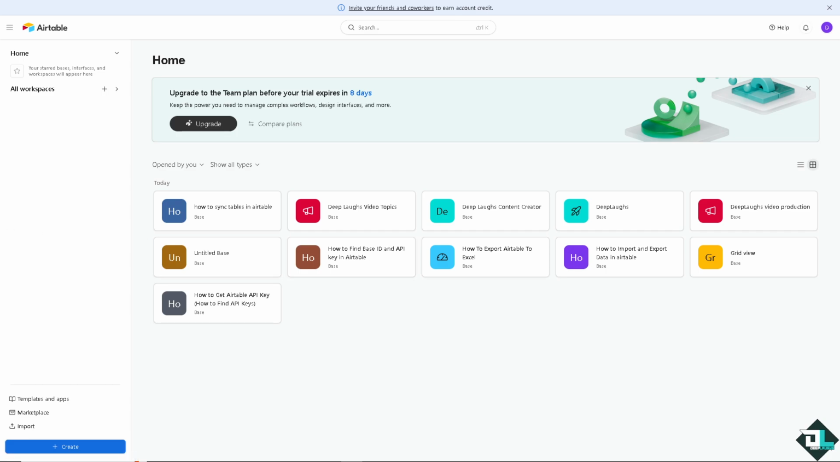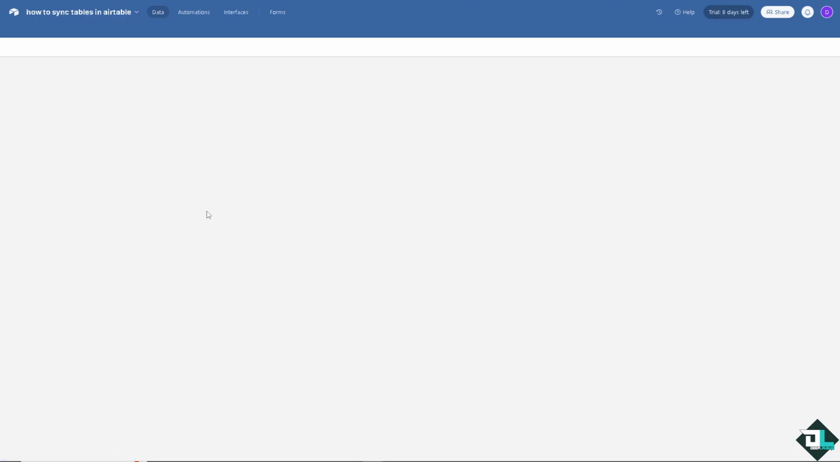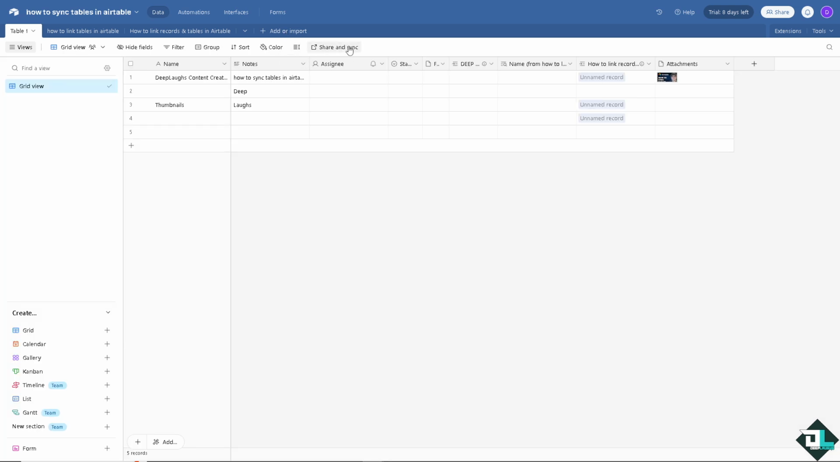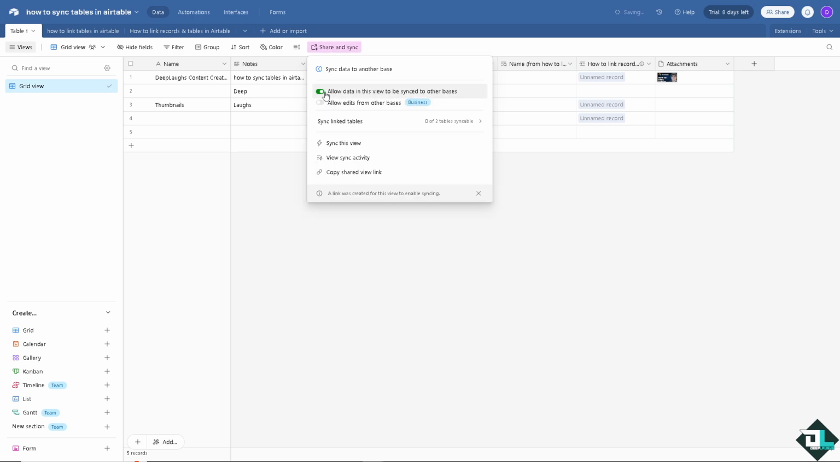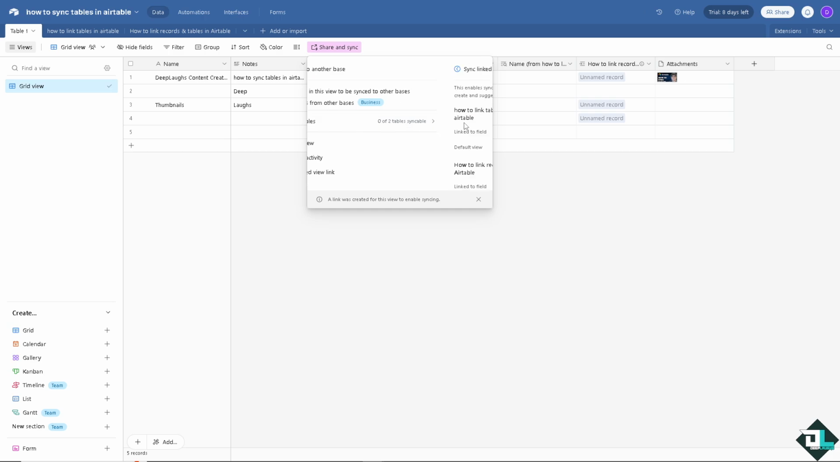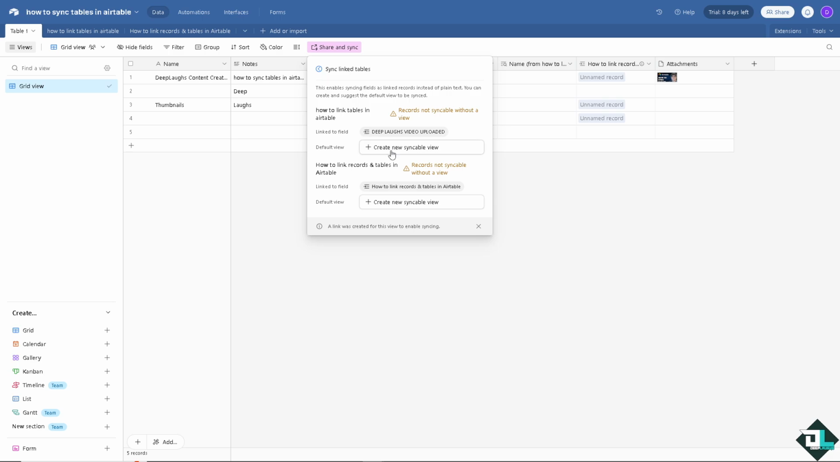All right, now switching back to the data here again, hover to the option that says share and sync the data, and just turn on the option to allow this view to be synced to other bases. All right, as you can see, you can sync linked tables. Now you have a 0 out of 2 tables syncable. You can of course choose any tables that you wanted. For example,